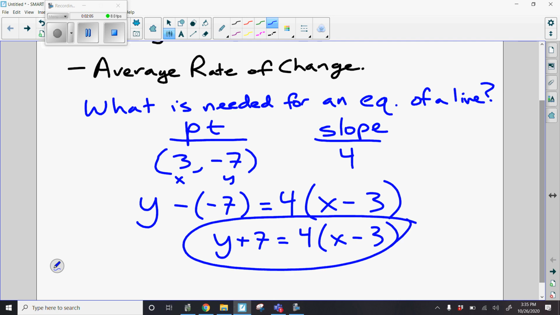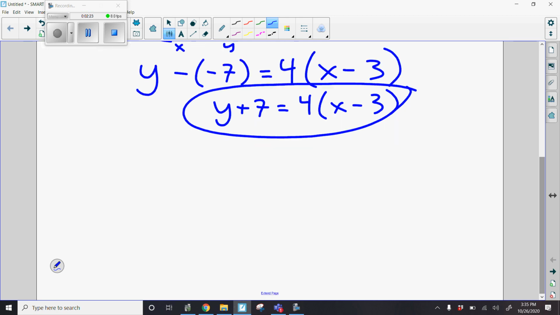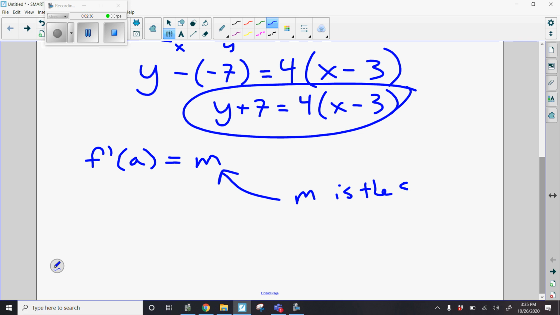And either one there, either the one I wrote above it or the one I circled, would be a good equation for that line. Well, when we write equations for tangent lines, that's where the derivative comes into play, because the derivative is the slope of the tangent. So if I told you that f prime of a equals m, that means m is the slope of the tangent line